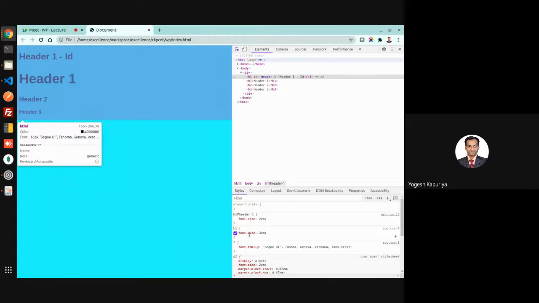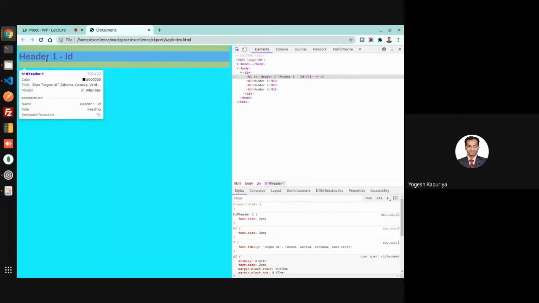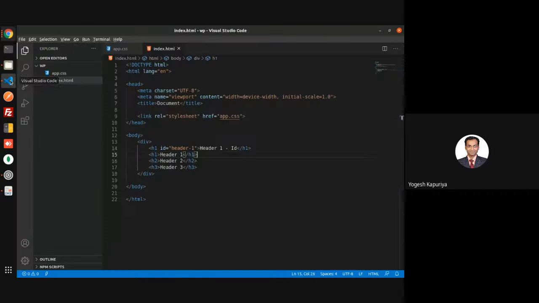If my H1 size was 3em over here, because I have mentioned an ID to header 1 and selected that H1, then the ID will be given more preference. Let us discuss the class. Okay. So now I am applying both, and here I am applying only class.